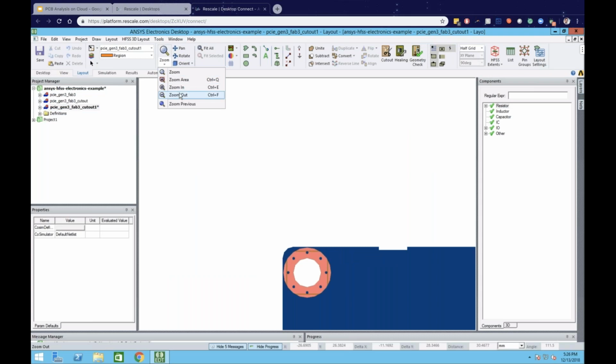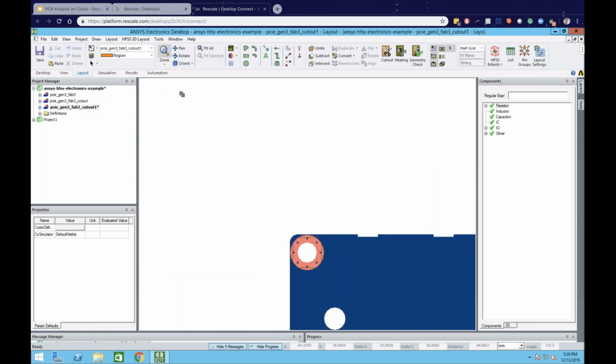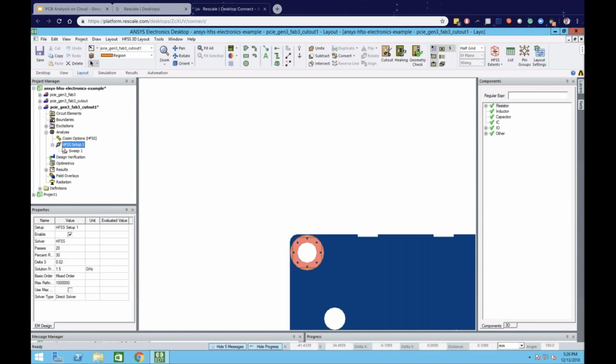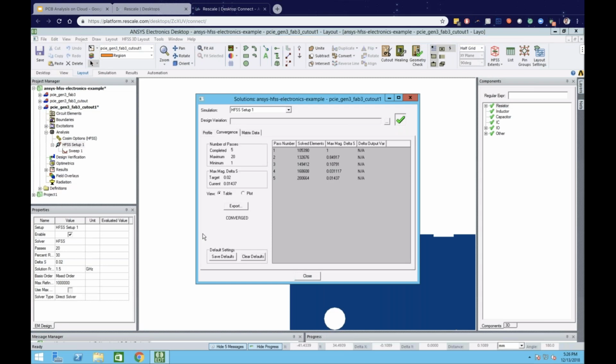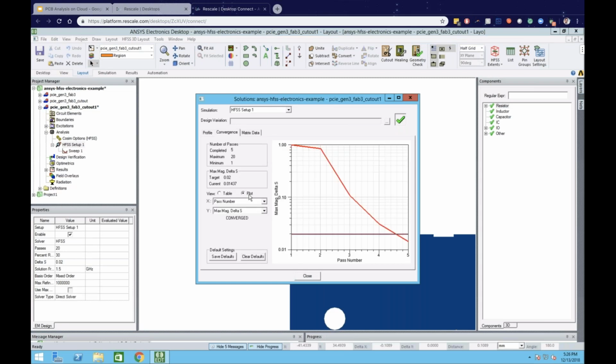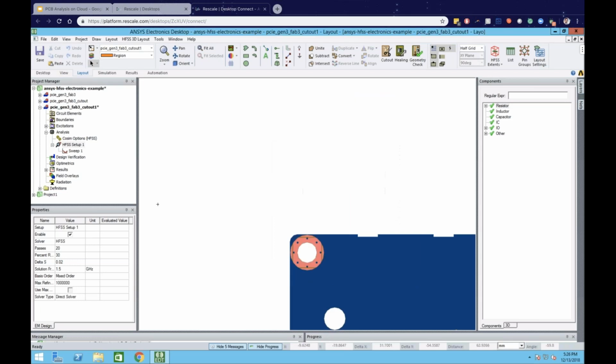Let me just zoom out. So for this particular simulation, after it has run, I can go back and look at different metrics, right? I can look at the convergence plot to see if it converges or not. It is similar to how you would run HFSS on your local machine. You have very similar performance in terms of GUI speed, it's snappy, and essentially even transferring the data in and